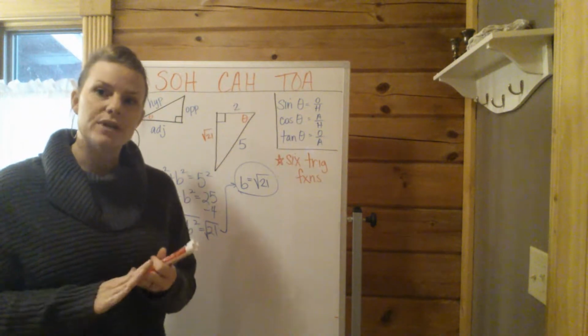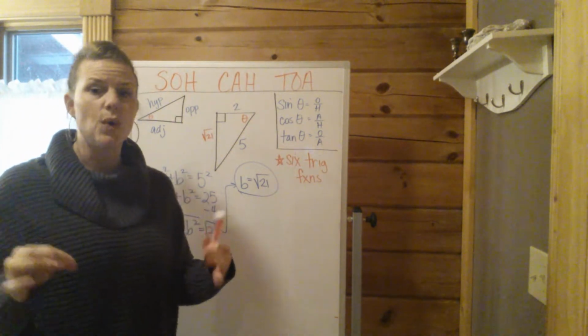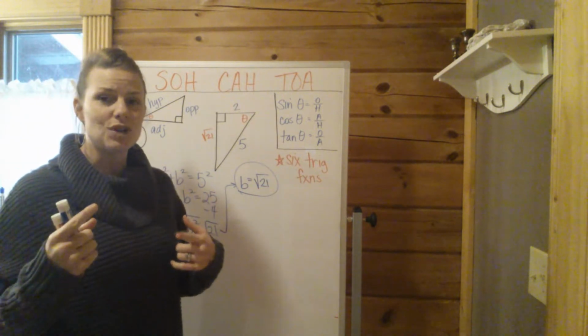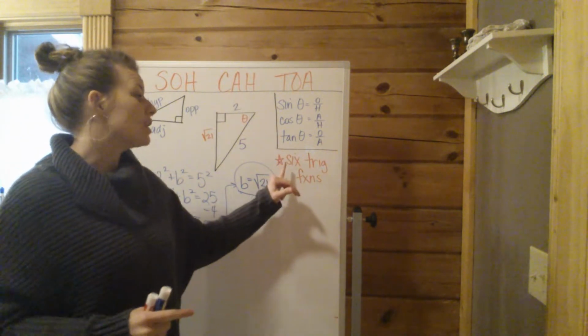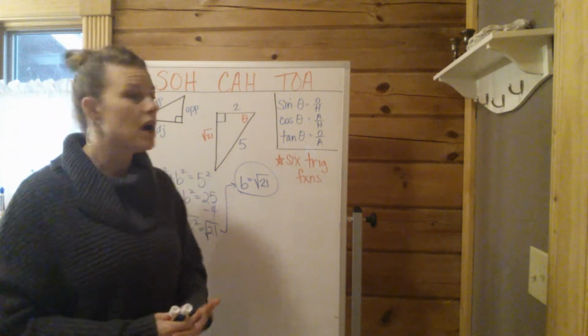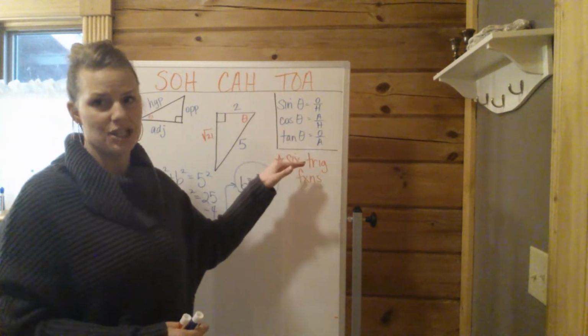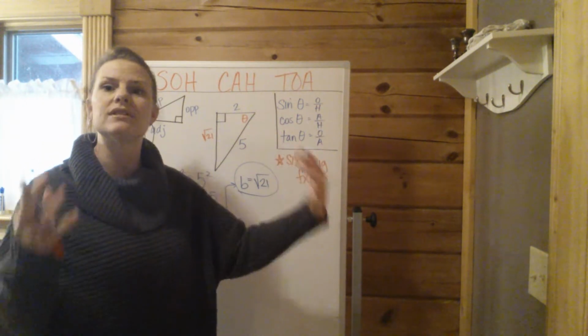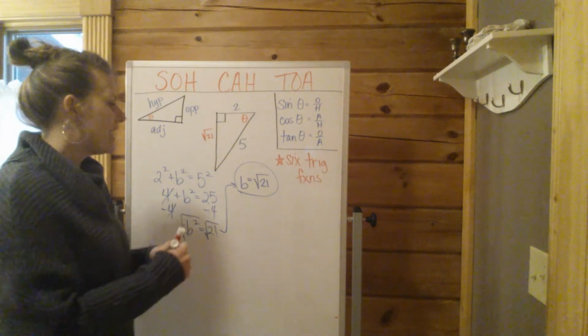As soon as you have all three sides of a right triangle, you're ready to go for any of the trig functions. And now I'm also going to draw your attention to the fact that there are 6 trig functions that they will almost always ask you for. We've talked about sine, cosine, and tangent. Each of these 3 has a partner, a reciprocal partner. So if I say